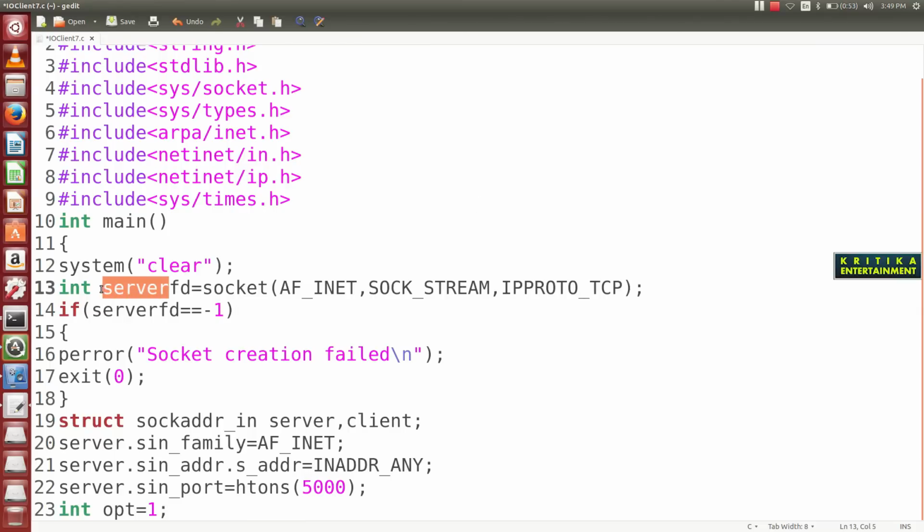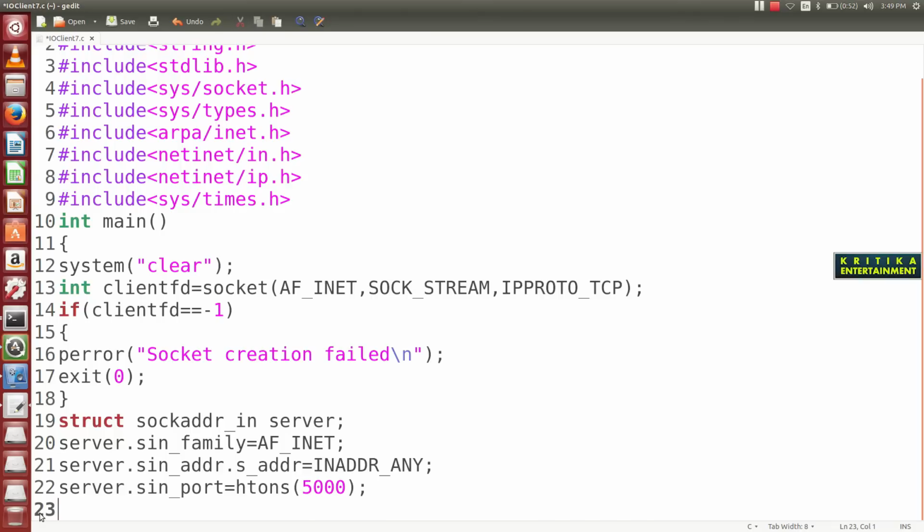This is now client FD. So here write client FD. Then sock FD, you remove this because it's the client side. No need for this. The server.sin_family is written, so remove it.